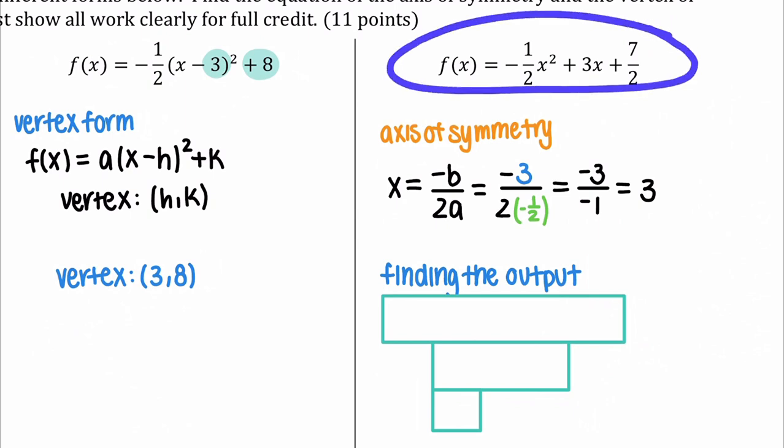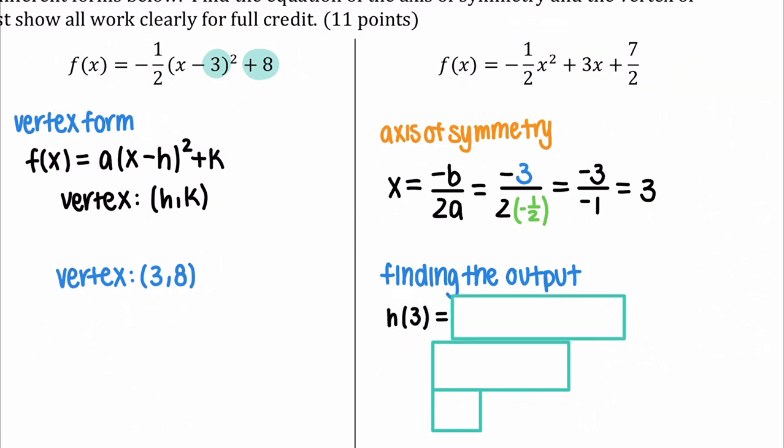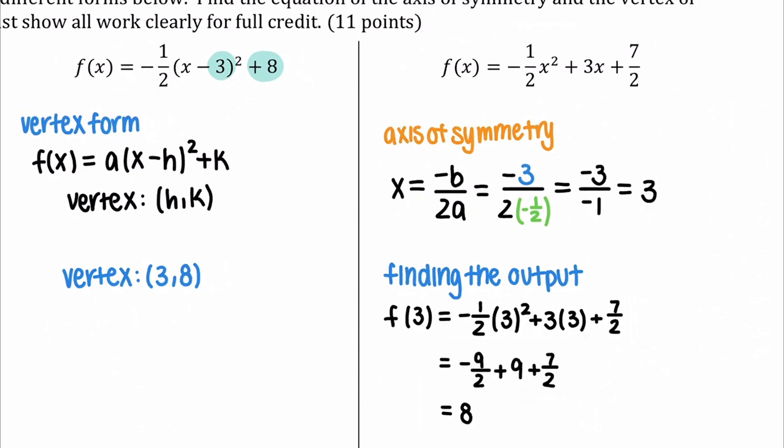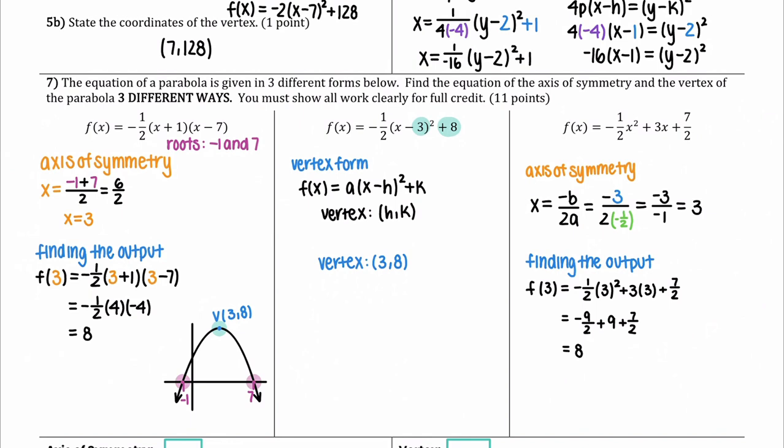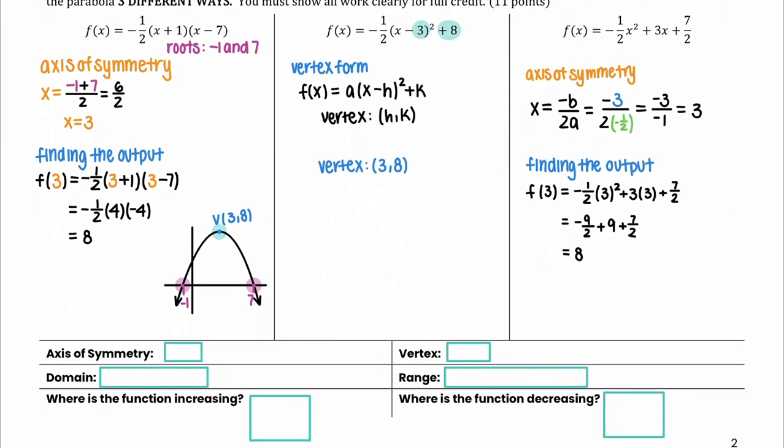And then to find the output, we just substitute 3 back into our original equation, giving us h of, oh whoops, why did I write h of 3? It should be f of 3. f of 3 equals ½ times 3 squared plus 3 times 3 plus 7 over 2, or in other words, 8. So regardless of the method that we choose, all 3 of these will help us find the vertex and